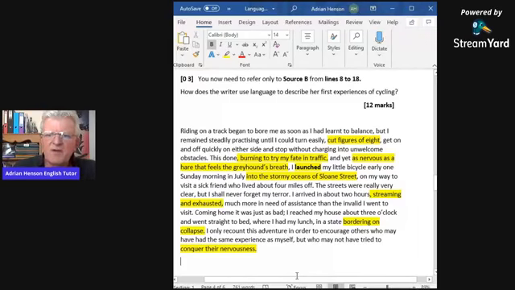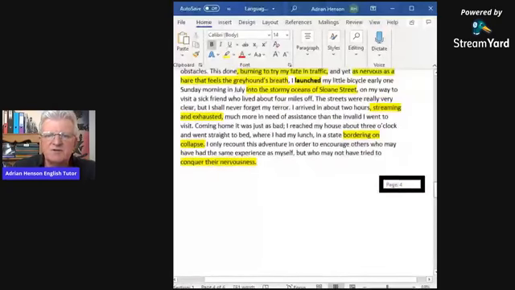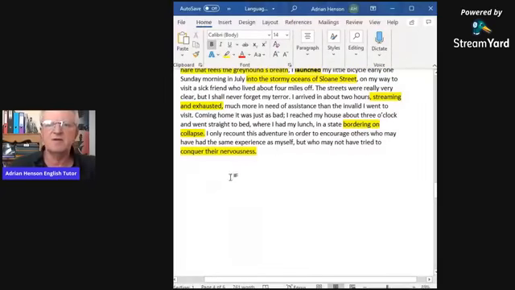Now, when it says, how does the writer use language to describe her first experiences of cycling? One of the things you need to learn to do is always to work through the extract in an ordered way. I'm not going to look at every paragraph that I would write, but let's see one paragraph that you could write about, where she launches her little bicycle into the stormy oceans of Sloane Street. So we would write a paragraph where we would probably say, the writer